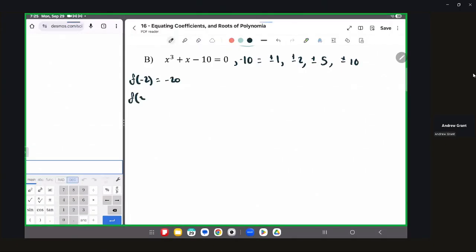And if I try f of 2, that's going to be equal to 0. Okay. So if I type in 2 cubed plus 2 minus 10, yeah, that equals 0. Okay. So then we know x minus 2 is a factor. So I said I wanted to use long division here just because I didn't have an x squared term and I thought it'd be a nice review. So we're going to take x minus 2,